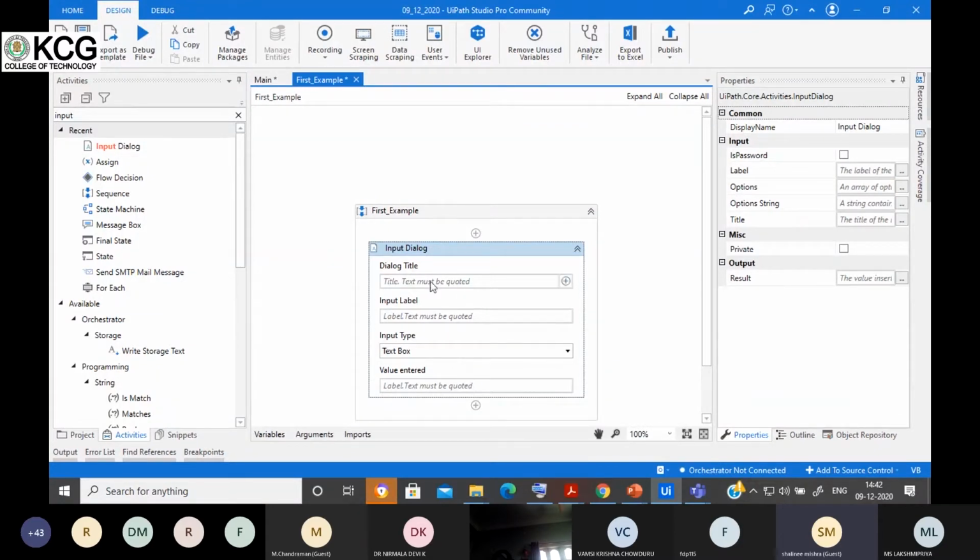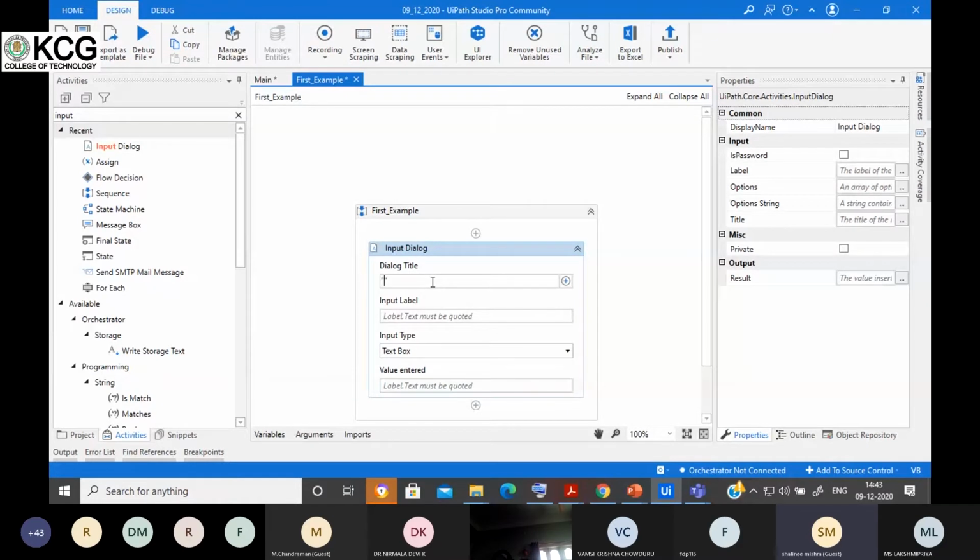Firstly, what we need here is the dialog title, meaning the title you want to give to the dialog box which appears. Then the next field is the input label, which appears as a question, like please enter your name. Whatever title you provide will be in the form of a string, so it should always be inside double quotes.